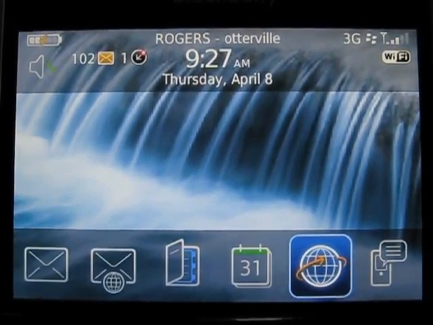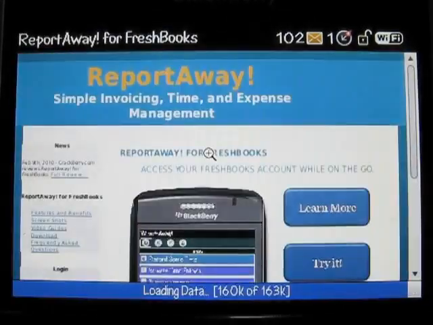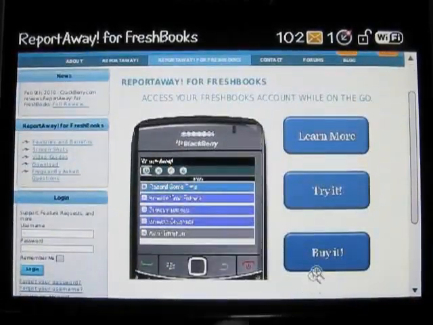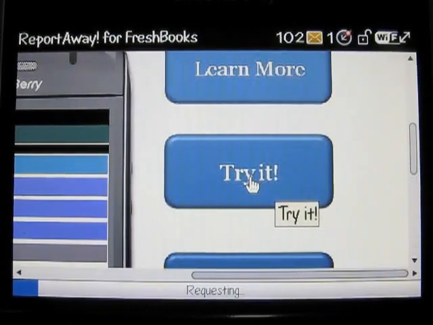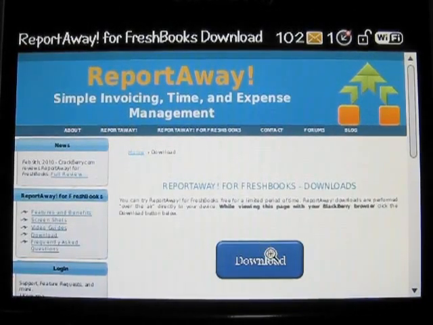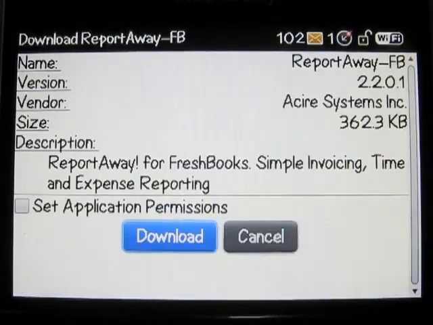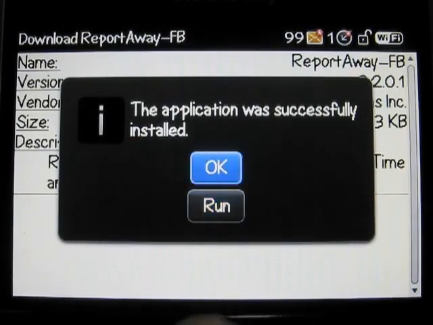First we're going to go to the web browser and download the application. We can do that from the Asir Systems website or from BlackBerry App World. At the Asir Systems website, we can simply click on the Try It button, which takes us to the download landing page, and then we click on the download button. After the download's complete,